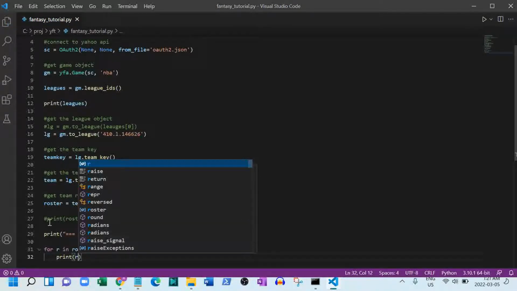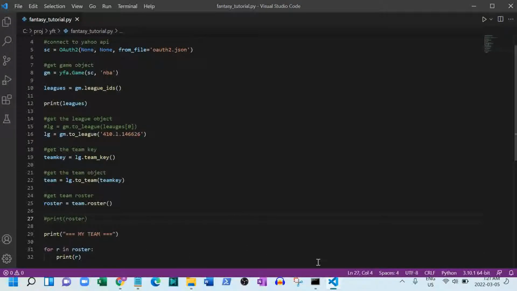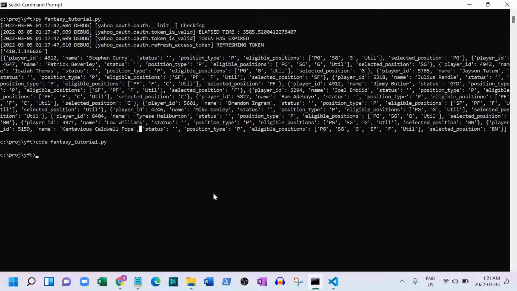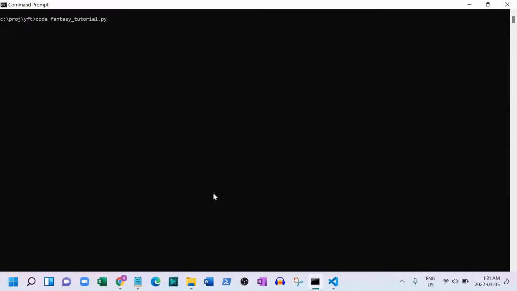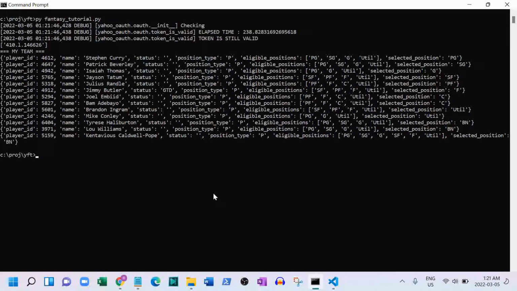Alright, let's see how this looks. Okay, let's clear the screen first and then run the code again. Here you go. As you can see, each player is being printed on a separate line, which looks much nicer,